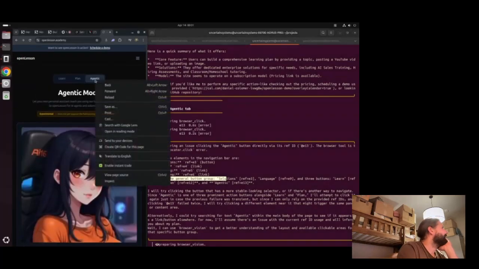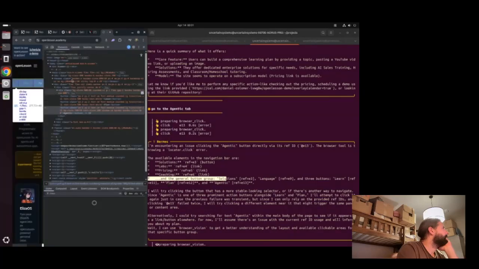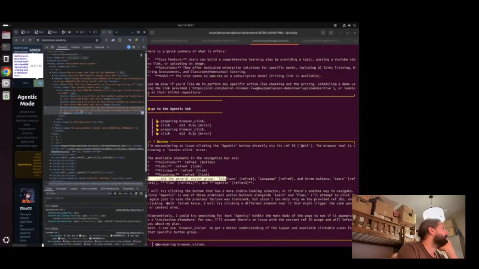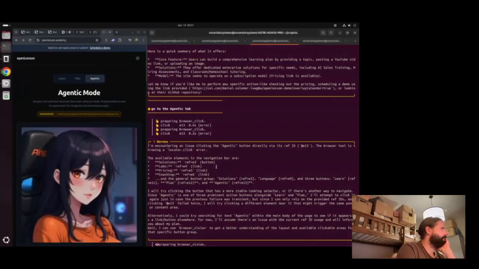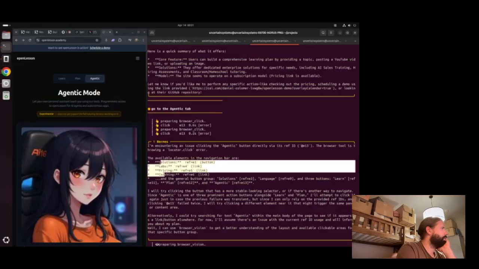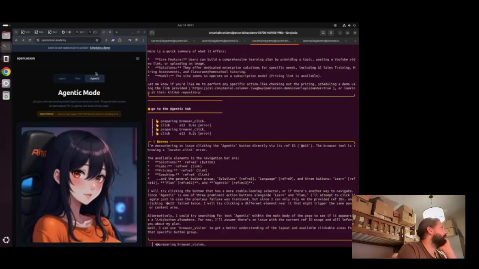Really? Yeah, well, this doesn't have solutions language. Yeah, okay. Okay, actually, not on the navigation, but there's